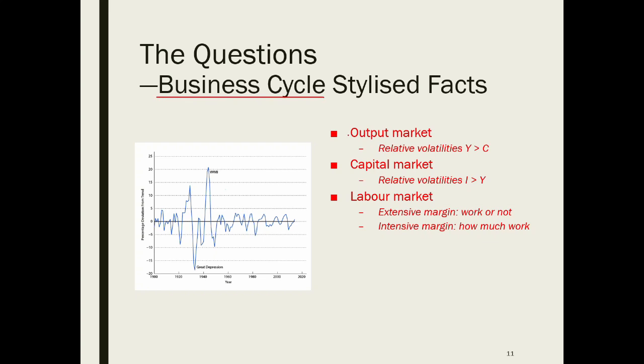I've extracted the cycle component from the trend already and plotted in the graph on the left. There are three types of questions of business cycles, which are consistently observed in the macroeconomy. The first type is volatilities of macroeconomic variables. Different markets tend to have different volatilities. We need the baseline as a comparison basis because there are so many macroeconomic variables.